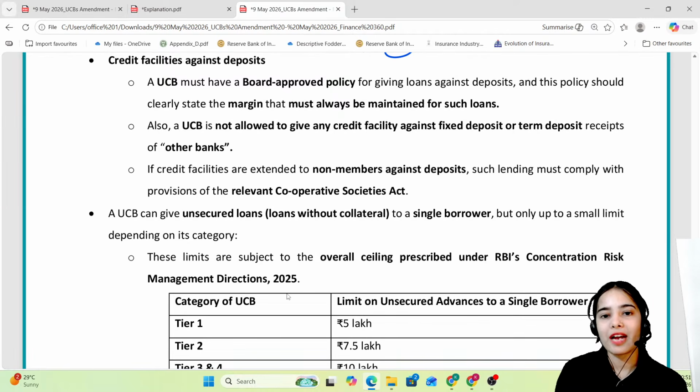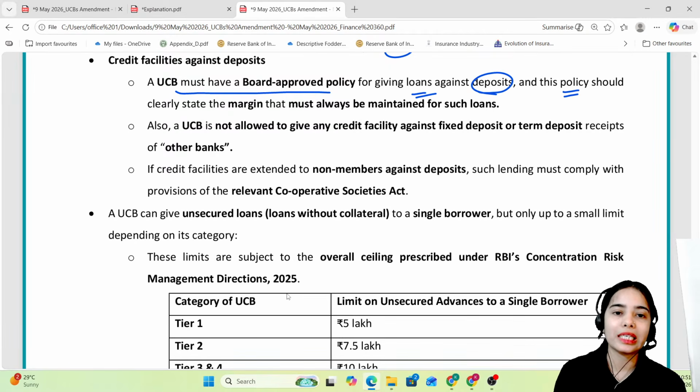A UCB must have a board approved policy for giving loans against deposits, and this policy should clearly state the margin that must be maintained for such loans. That means an urban cooperative bank, on the basis of the board approved policy, can give the loan against the deposit. Let's say you have a deposit of 1 crore rupees, so the loan can be given up to 50